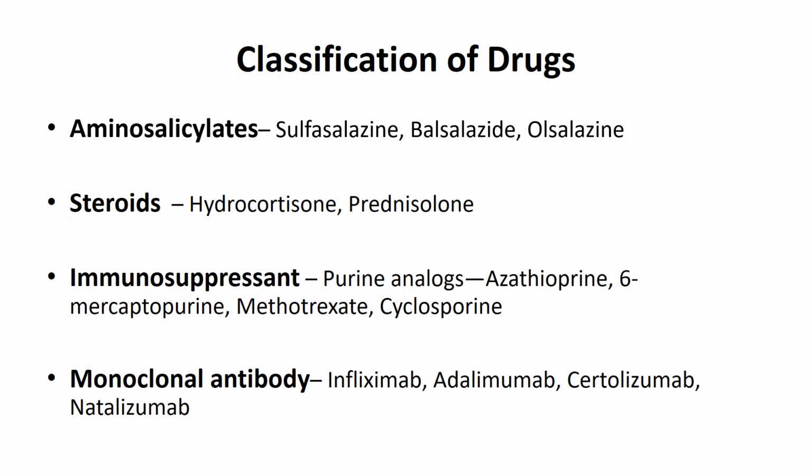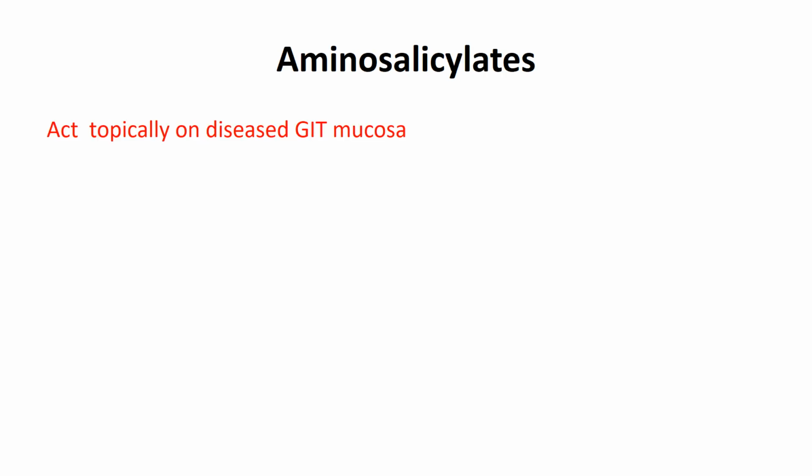So 4 groups of drugs are mainly used in treating inflammatory bowel diseases. First group, aminosalicylates. The action is mainly topical. They act topically on diseased GI mucosa. So you have to reach that region orally or rectally. Anyway, you have to reach topically or act topically. So the first group of drugs is